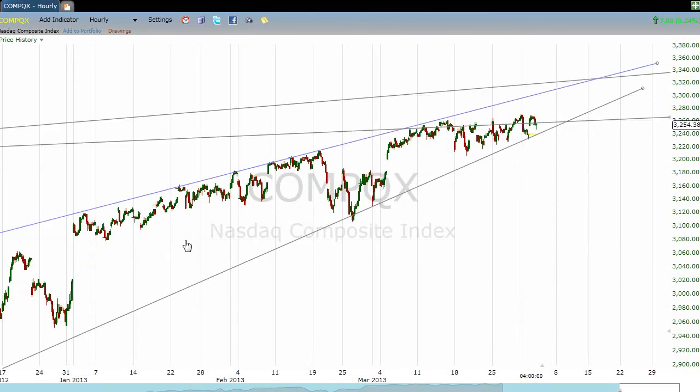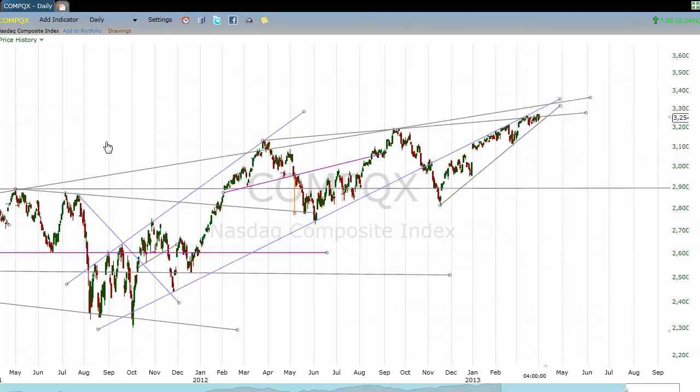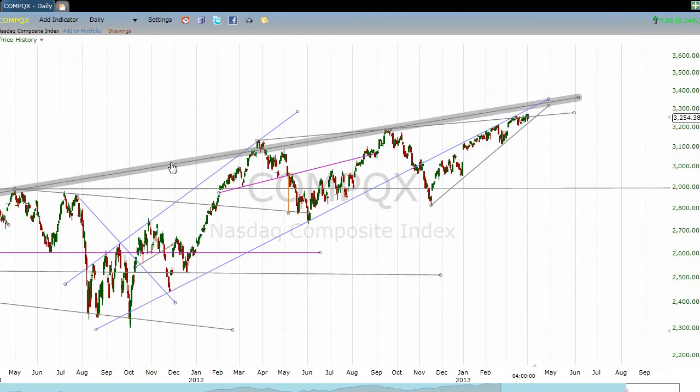NASDAQ, it doesn't look particularly bad, but doesn't look particularly strong either. You got to watch this line right here. If it breaks, then probably some stuff's going to hit the fan, because you can see we've got some longer term resistance lines, one right here that we are currently under, and then one about right here that we have not reached. So there are a couple of interpretations on this that make the NASDAQ look pretty bearish, if you ask me, and one of which is what we've seen since November has all taken place in what looks to be a pretty clear wedge type pattern, and those usually have a